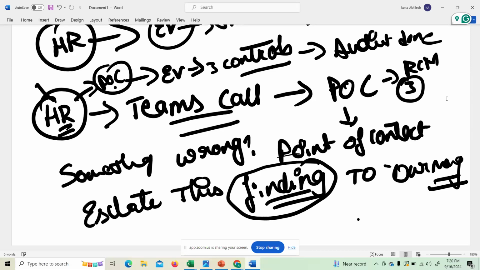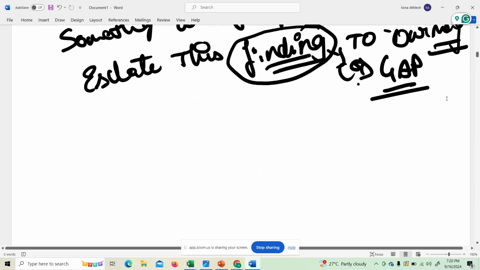Any problem we can call a finding, or a gap, in auditing terminology. So this is the real job of an IT auditor.